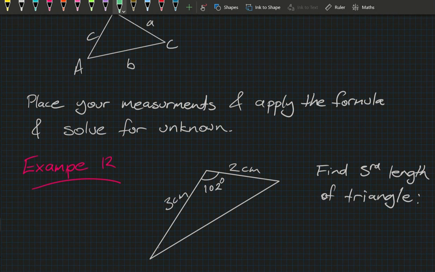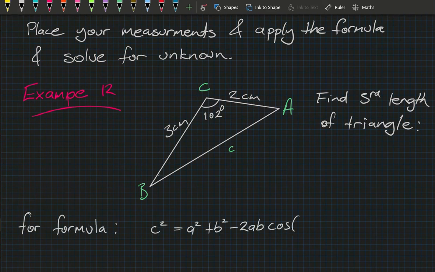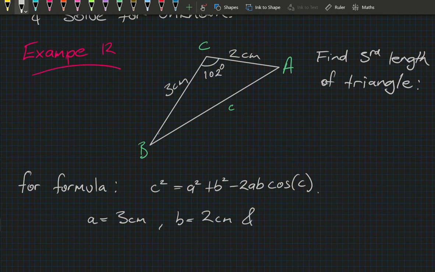So marking in our unknown side as c and the opposite angle as C, then the other two angles are A and B. It actually won't matter which one's A or B, as long as c and C are the same. So for the formula, c squared equals a squared plus b squared minus 2ab times cos of C. Our a is going to equal 3 centimeters, b will be 2 centimeters, and capital C will be 102 degrees. So subbing those numbers back into the formula, the side we're looking for, c, the square